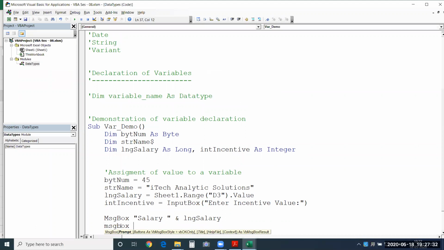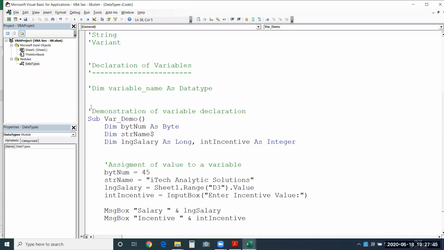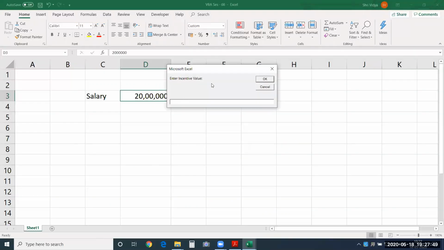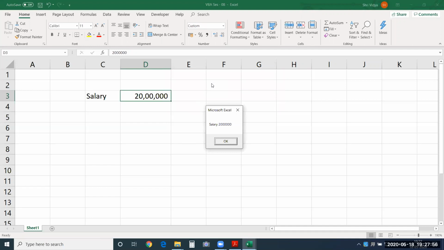Just a message box, Incentive, and you can say intIncentive over here. So that will be printed. Let's run this. It will ask you to enter the incentive value. Now let's say I'll give 9876. So it will display the salary, then incentive as well.